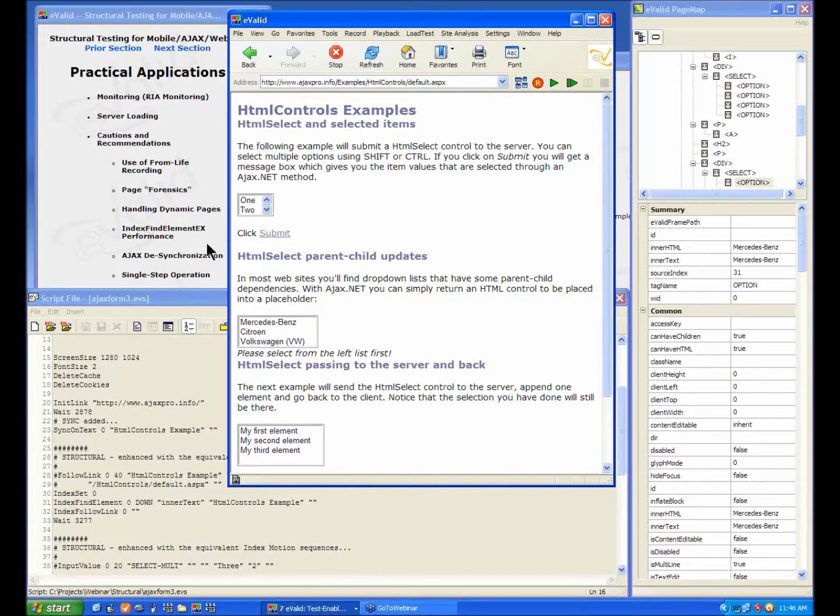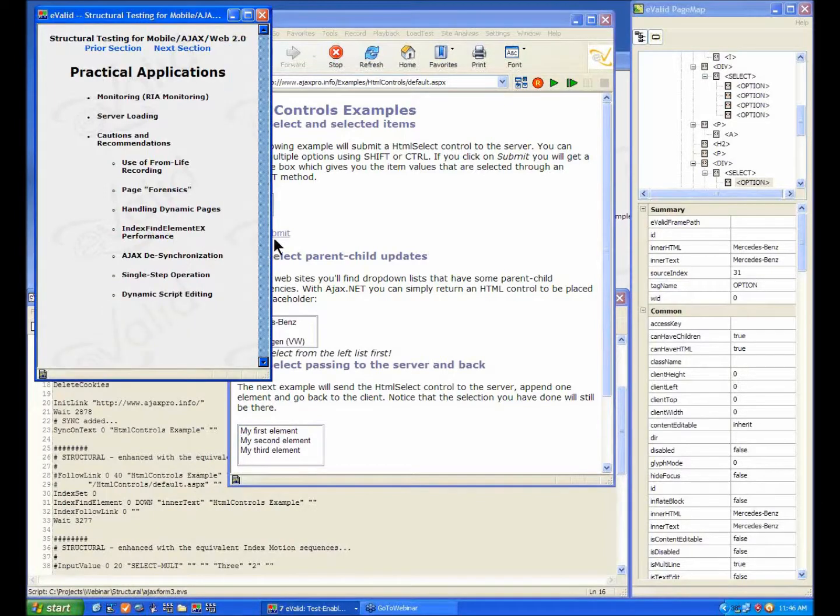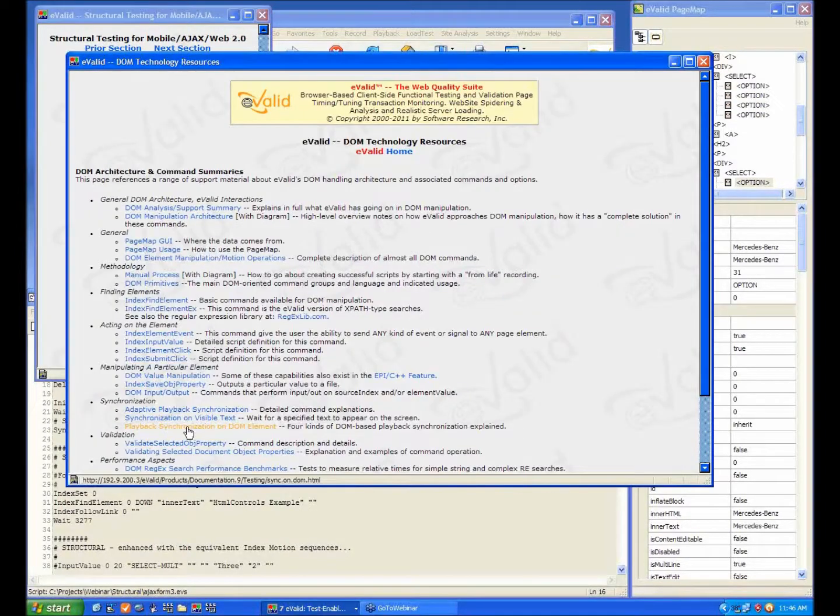What we call AJAX desynchronization occurs. So the solution to AJAX desynchronization from our perspective is, when in doubt, synchronize once. If one synchronization is good, multiple synchronizations are better, and the mechanisms for synchronization are very well developed in eValid, because